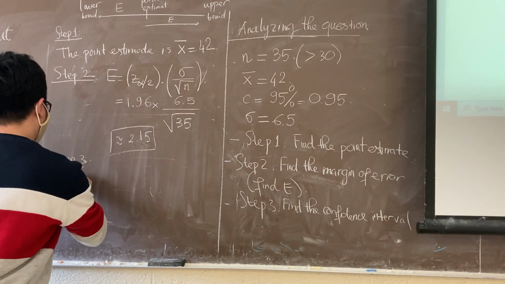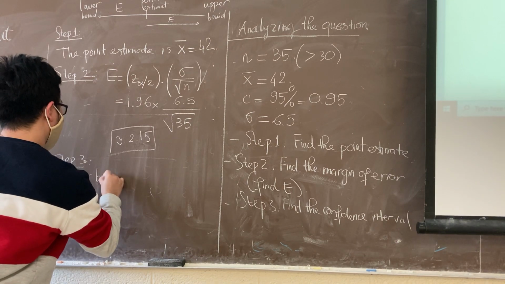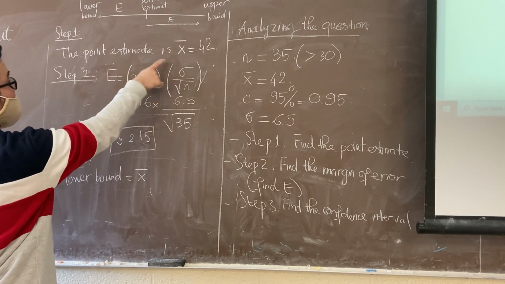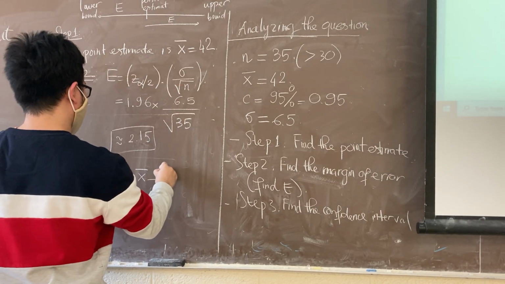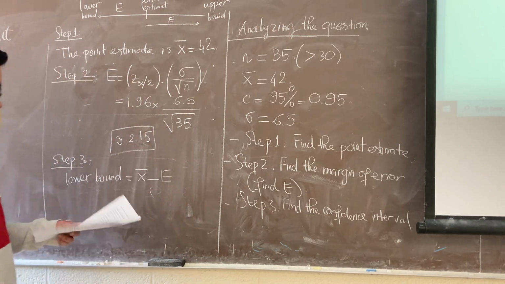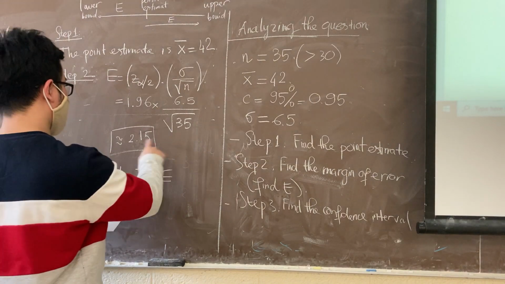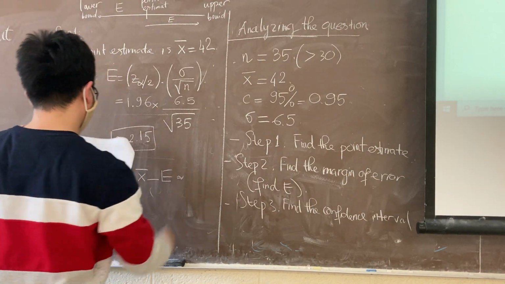So the lower bound here is x bar minus E, because the point estimate is x bar. X bar minus E is 42 minus this number, so it's approximately